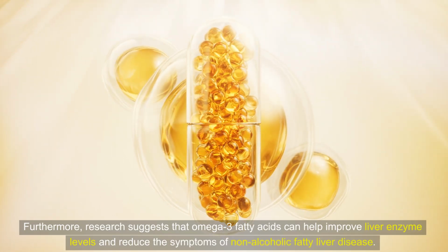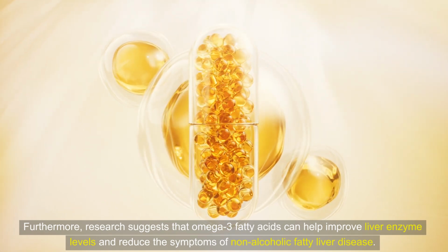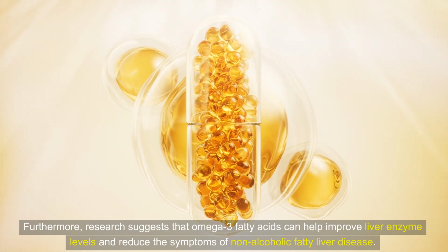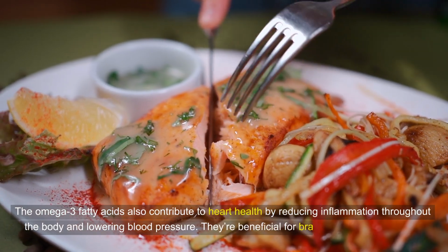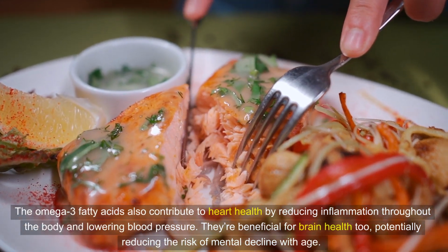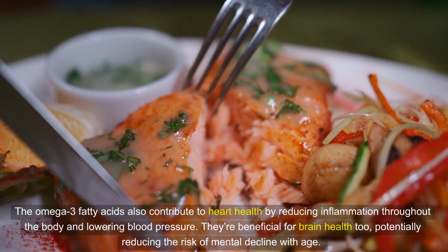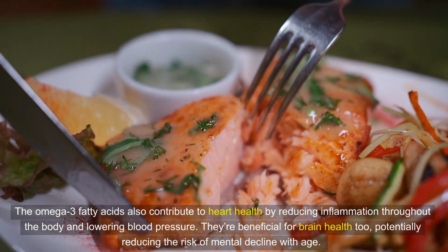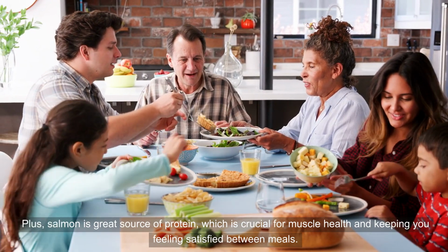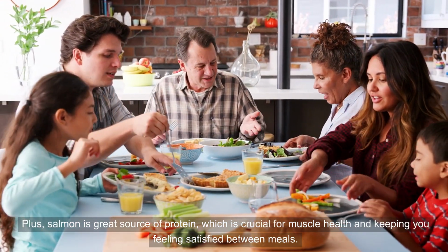Furthermore, research suggests that omega-3 fatty acids can help improve liver enzyme levels and reduce the symptoms of non-alcoholic fatty liver disease. The omega-3 fatty acids also contribute to heart health by reducing inflammation throughout the body and lowering blood pressure. They're beneficial for brain health too, potentially reducing the risk of mental decline with age. Plus, salmon is a great source of protein, which is crucial for muscle health and keeping you feeling satisfied between